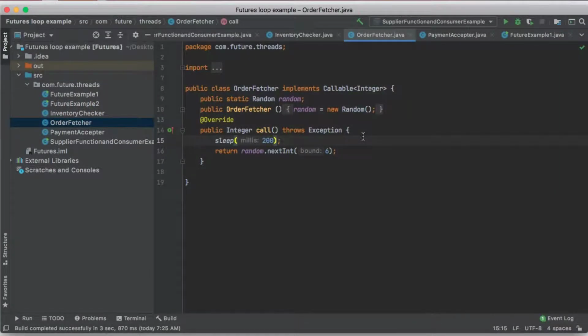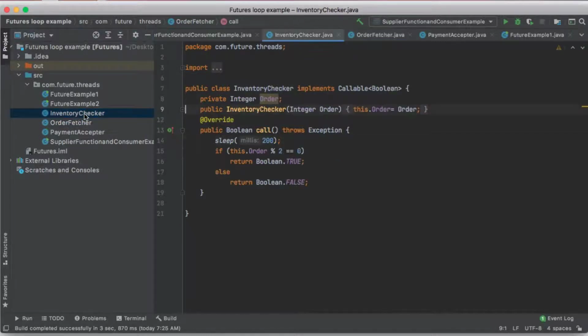So here is the code for the order processing example. We first have the order fetcher, which is a callable, and it returns a number between 1 and 6. We have a sleep of 200 millis to simulate what goes on in the real world with network and DB calls and so forth. After that, we have the inventory checker callable that checks inventory and returns true or false based on the order number. For the sake of simplicity, we just have inventory for even orders in this case, 200 millis of sleep time